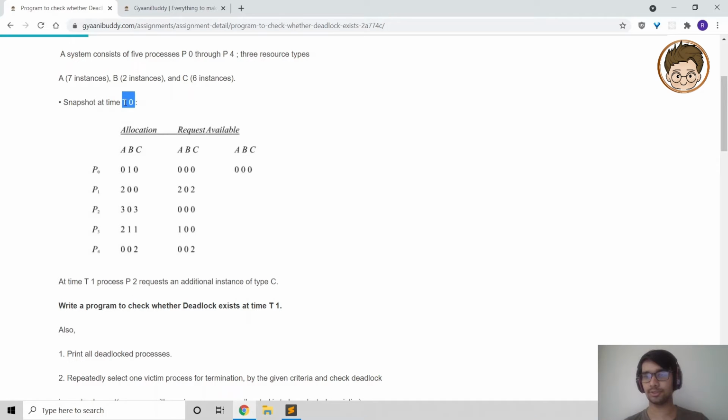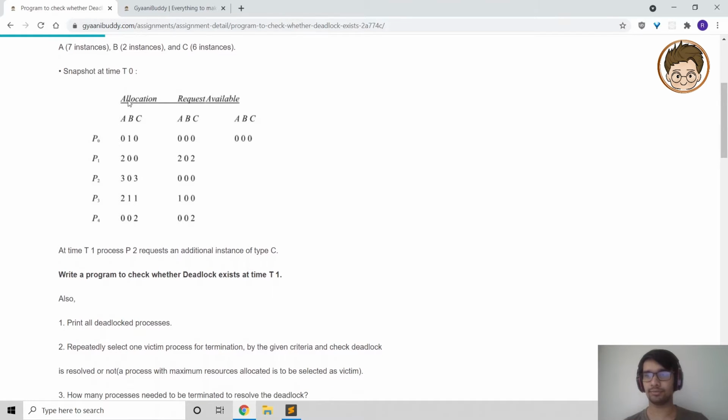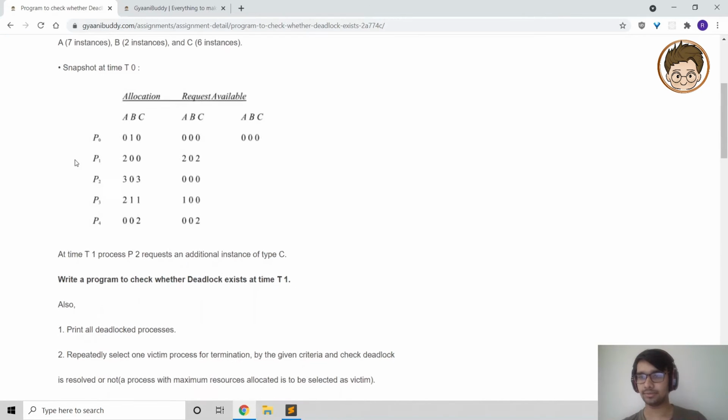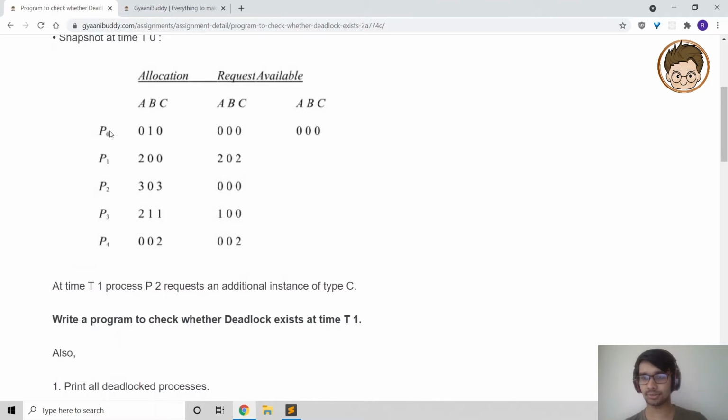So at a t0 time, that is at the starting, we have this snapshot of the system. Snapshot of the system, in the sense, we have what is going on inside the system, what is the allocation, what is the request, and what is the available need for each of the process. Like if you see here, for P0, we have this much allocation. That means B1.